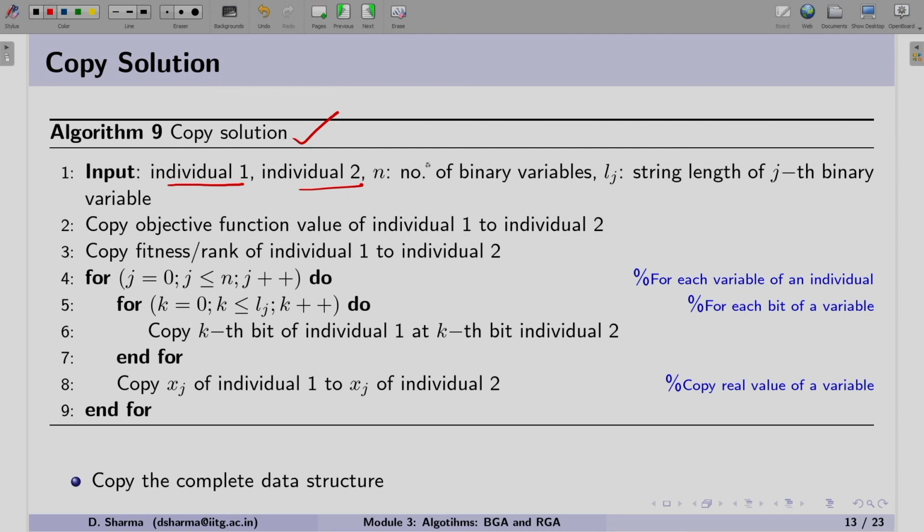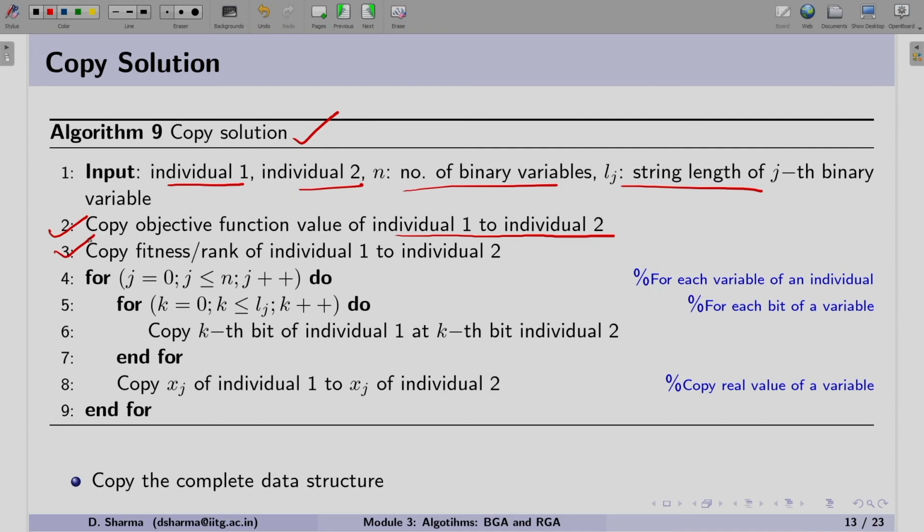We need other inputs such as the number of variables and binary string length. First, we copy the objective function from individual 1 to individual 2. Thereafter, we also copy the fitness or the rank of individual 1 to individual 2.